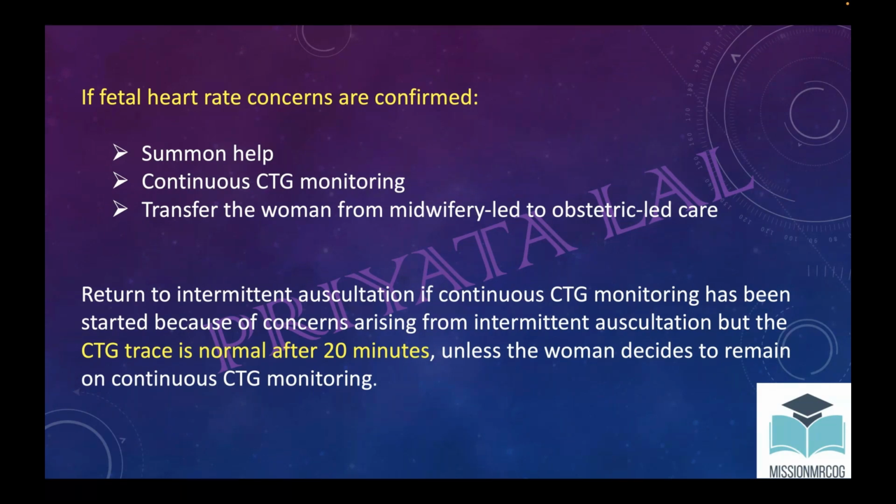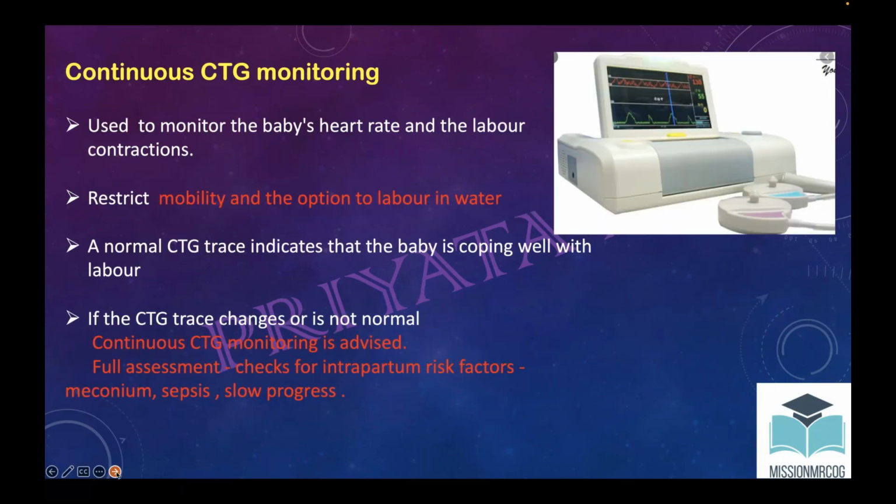Okay, now after intermittent fetal monitoring, there are two methods. What is the second method? We already know this very well. That is the CTG machine. CTG monitoring. Every one of us already knows we are doing CTG. So this is a CTG machine. I'm not explaining about the CTG machine because there is a previous CTG class, a big class I have taken, where I have explained everything. But this will be attached,